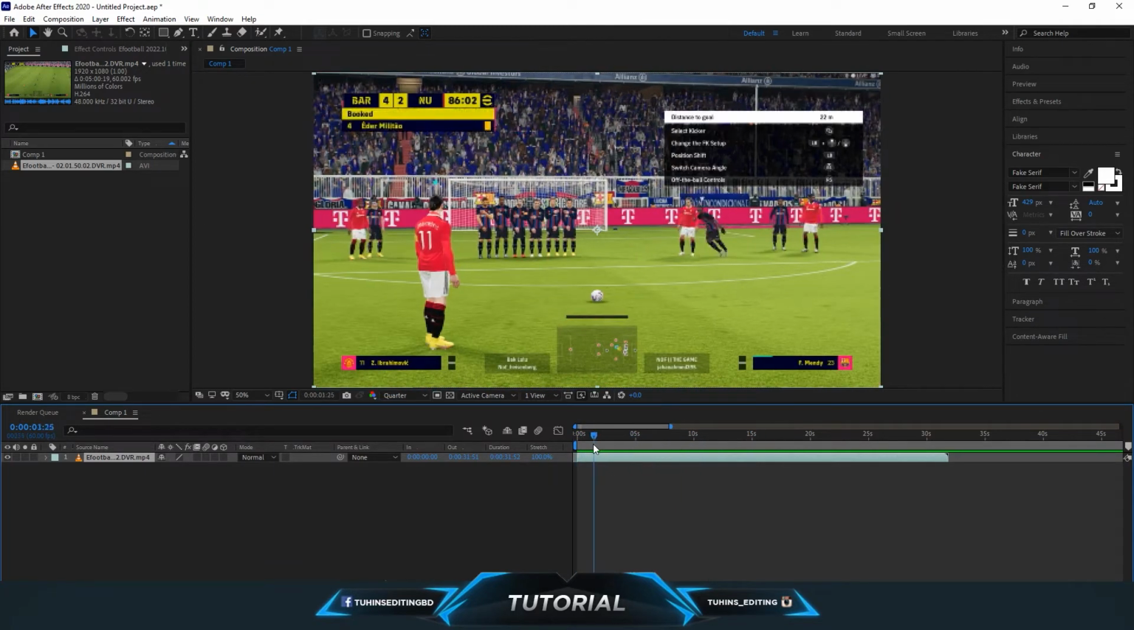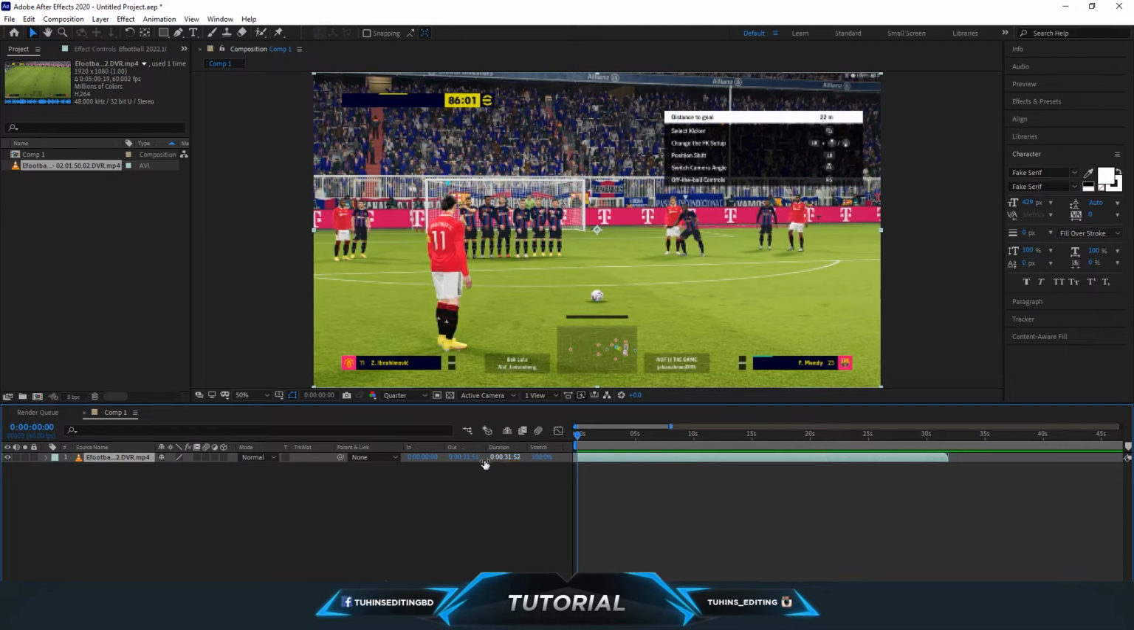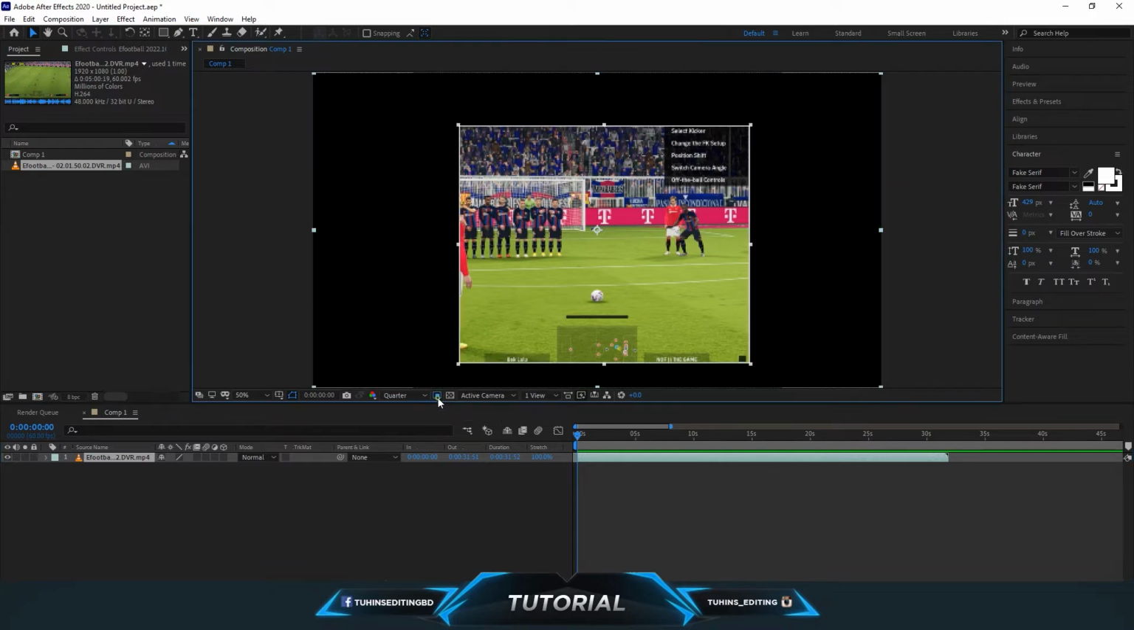Today I'm going to show you how you can crop any video inside Adobe After Effects. So we have a video clip on the timeline, and I'm going to crop it. To crop the video, all you have to do is go here, and you can see there is a button called region of interest. Click on that one and then drag